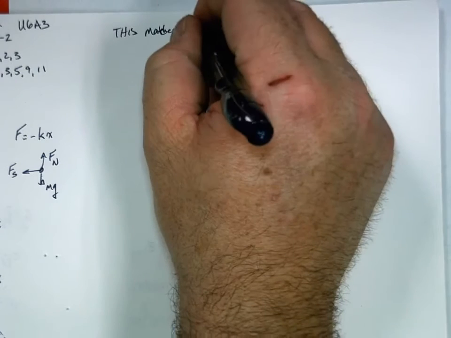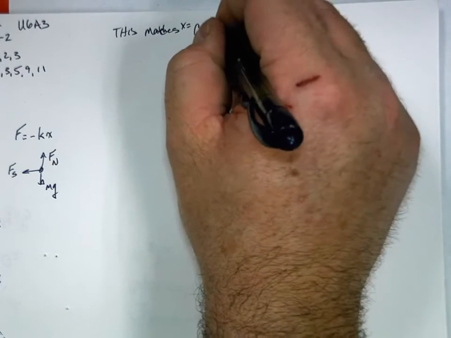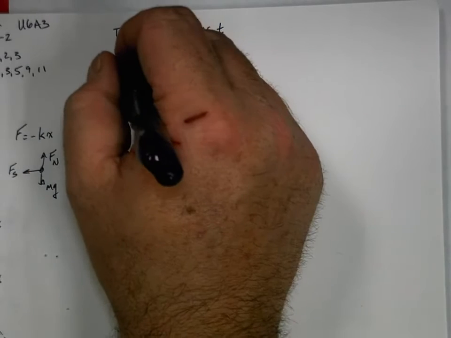This matches x equals cosine t, right? It has that shape. But let's really put it together. Our x of t